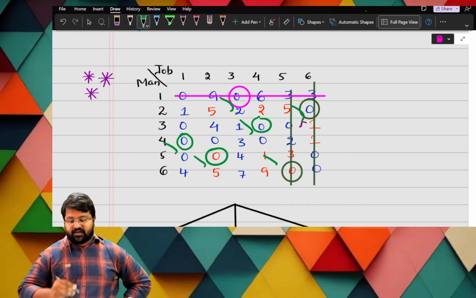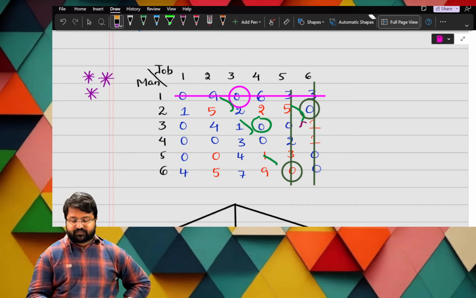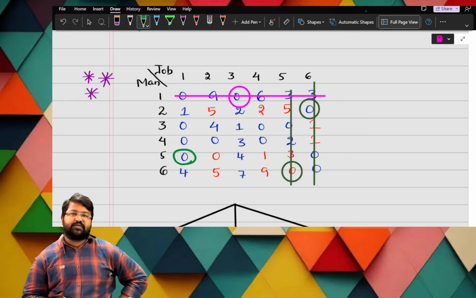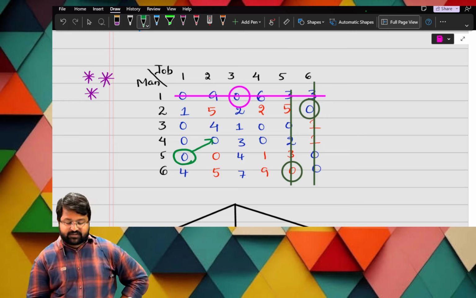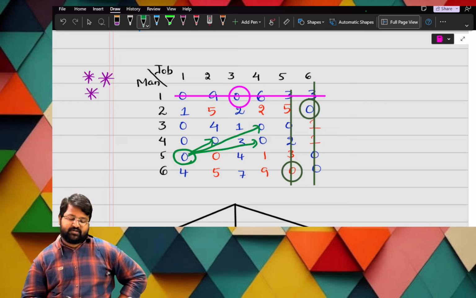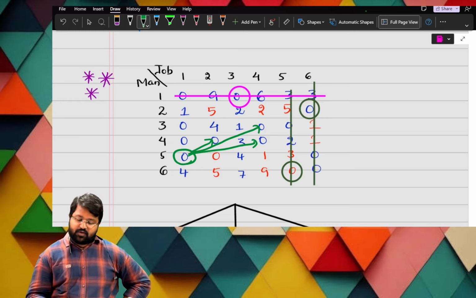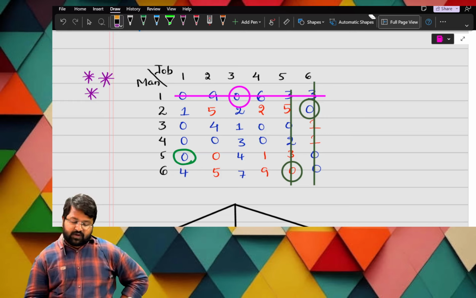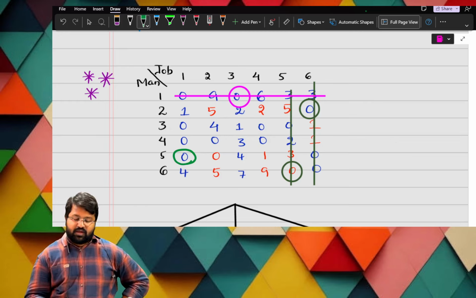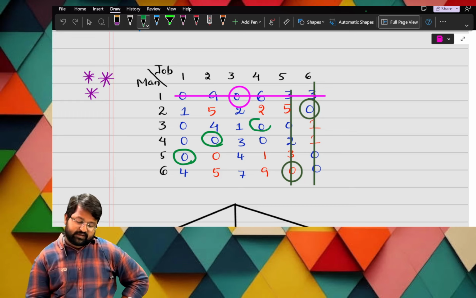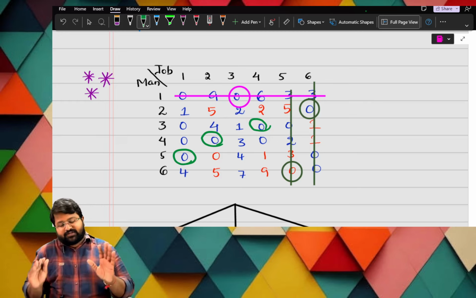You got it now? Sir, what if I select another 0? What is the other 0, ma? This 0. Then I selected this 0. What are the diagonal opposites, ma? This is diagonal opposite, this is diagonal opposite and this is also diagonal opposite. Am I right? Yes, sir. So what do I have to select, ma? So now let us select. I have selected this 0. No, I will select this 0. Is there any issue? No issue. So then which 0 can I select, sir? I can select this 0. It's done. So how is it done, ma?